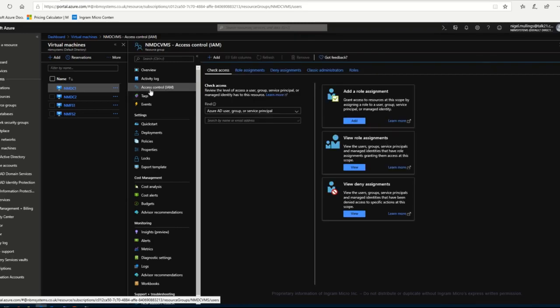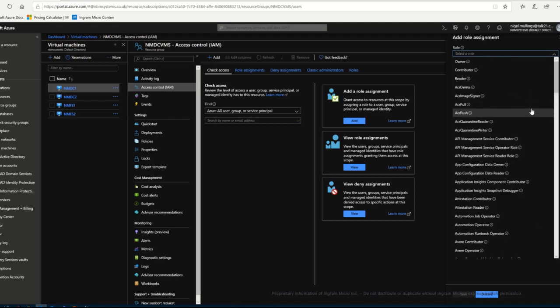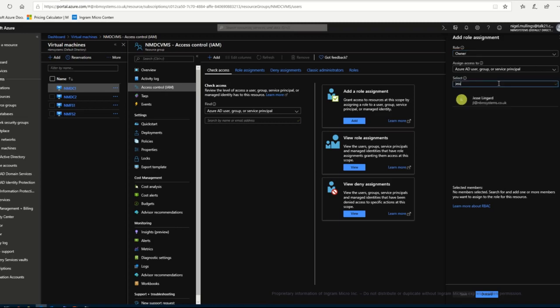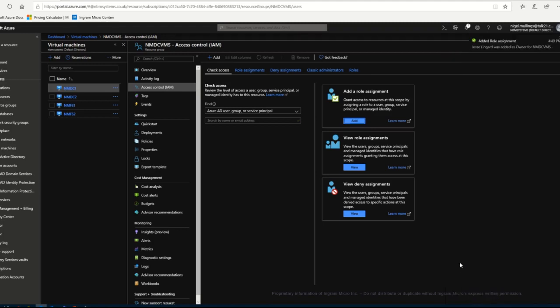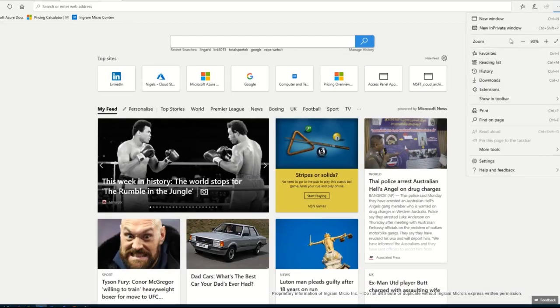So I go to access control, add a role assignment, select a role for Jesse. It's going to be the owner of the resource group, and pick him from my list and save that. That's been added. So now when Jesse goes to log into the portal to manage my virtual machines,